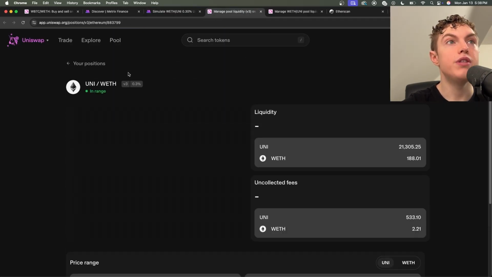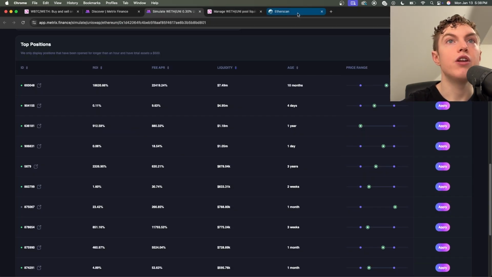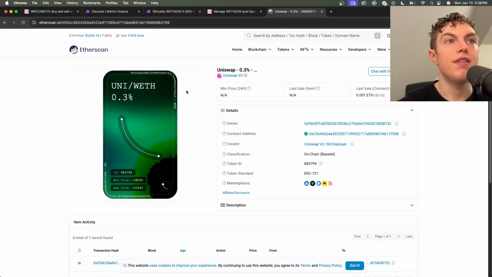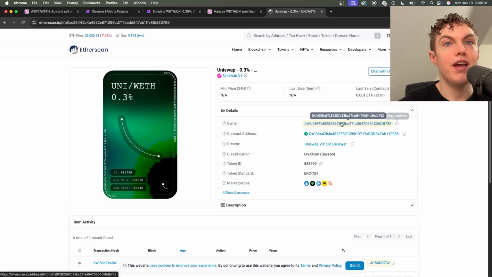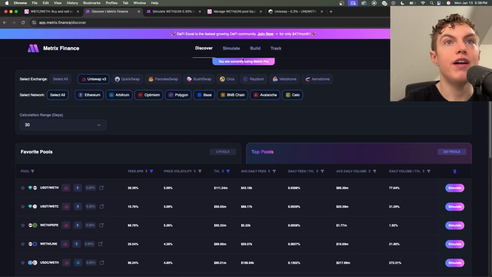We can go here, open it in a new tab, and then at the top, we'll grab these little numbers on Uniswap. Okay, so just follow along. You can grab it, then go over to Etherscan and put it at the end of this link here, and then it will bring up this. Now, I hope this isn't too complicated, but you just copy the owner's address, his wallet address of the liquidity pool. Then you can go back over to Metrics Finance, go to the track section at the top and